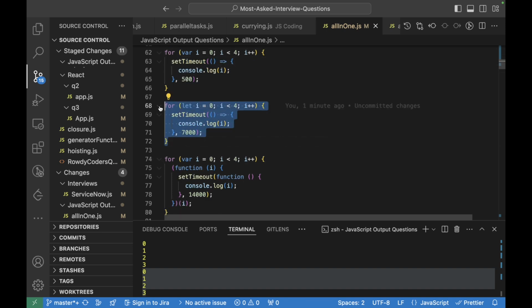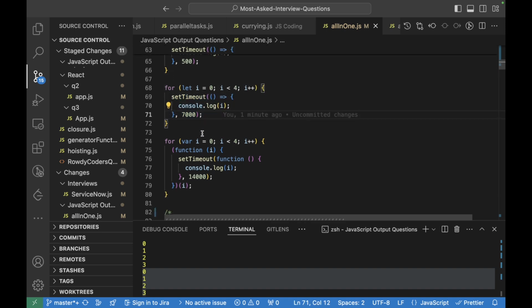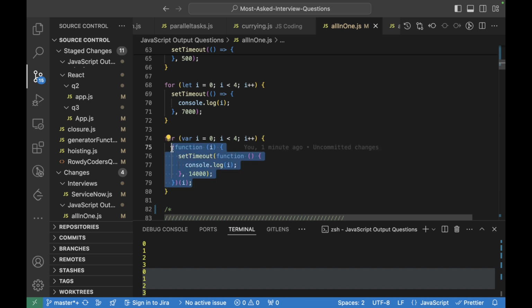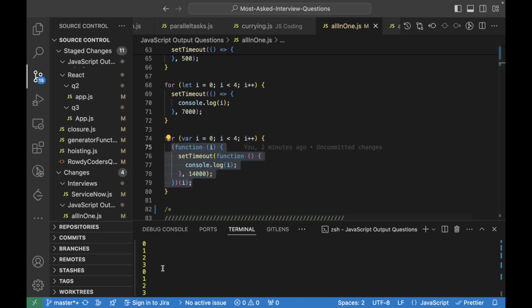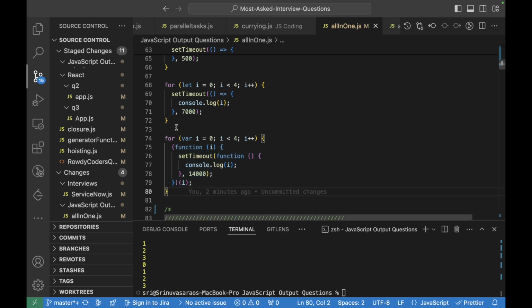And when it comes to this let, which is block scoped, for every iteration the setTimeout will be a new function with a new value. So as this is block scoped, this will have 0 1 2 3, like that. And when it comes to this immediately invoked function, this also works like a block scoped function, and similar to this particular for loop, this also outputs the same.